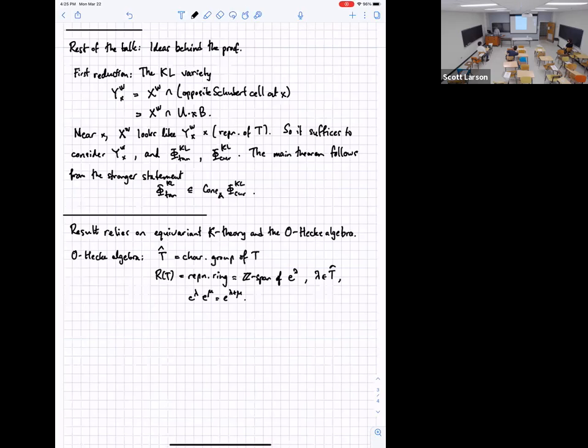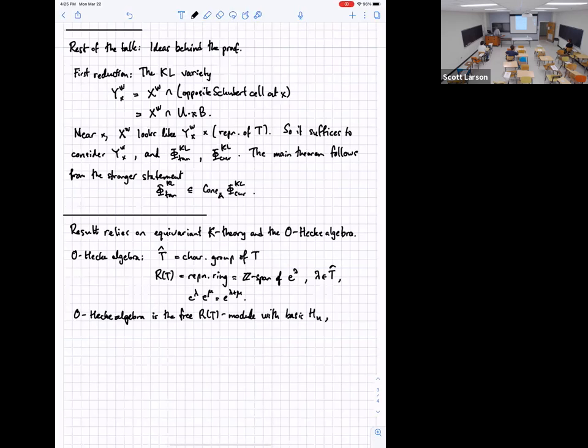And then the zero-Hecke algebra is the free RT module with basis